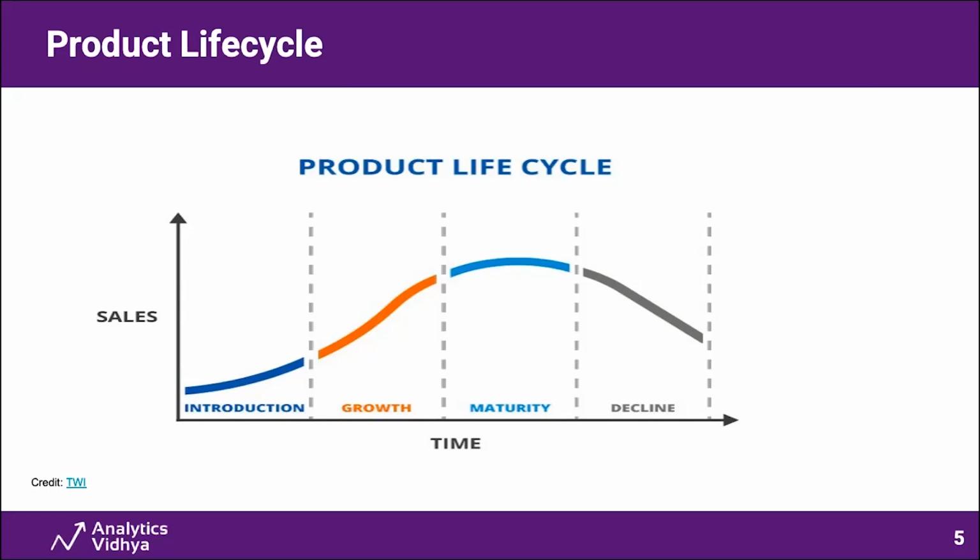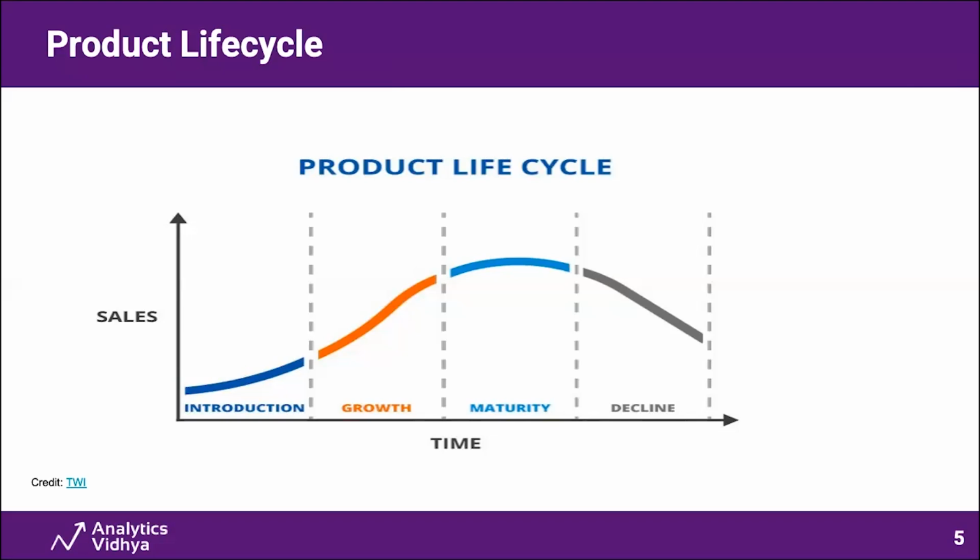But after a certain point of time, a maturity arrives in your product life cycle. That means people are now aware of your product, and based on the quality and services you are offering, you will see constant sales for your product, right? That's the mature phase, where you reach a saturation level, and after a certain point of time your sales will start declining because of